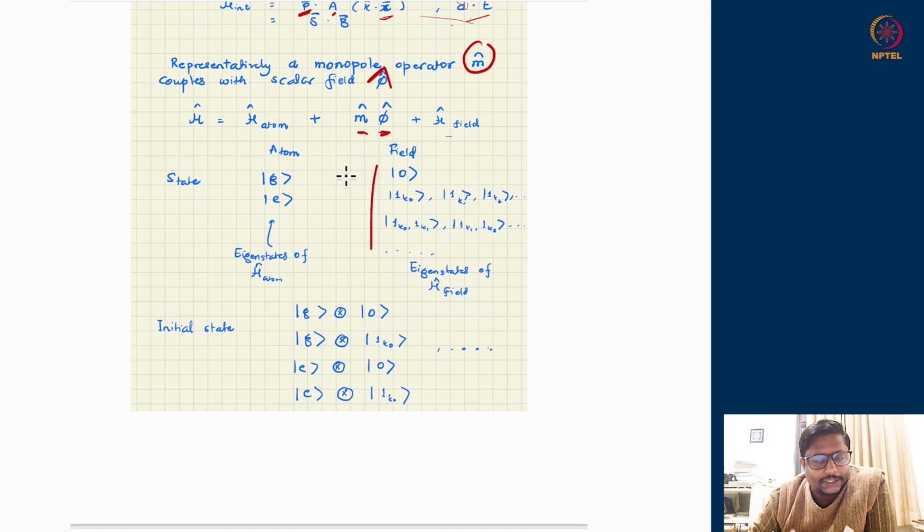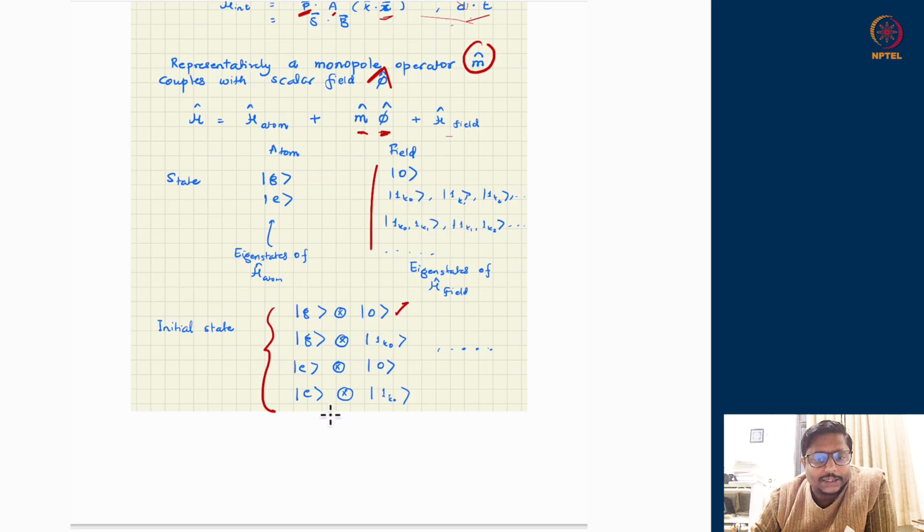That would be something called a separable state. Towards the end, most likely we will be discussing non-separable, entangled kinds of states if time permits. But otherwise, right now, I'm just starting my business with initial states of the kind where I have taken one state from the atomic sector and one state from the field sector. So it could be that both systems are in the ground state, the atom in the ground state and the field in the vacuum, or the atom in the ground state and the field in one of the excited states, 1k0. Remember, many excited states could be there.